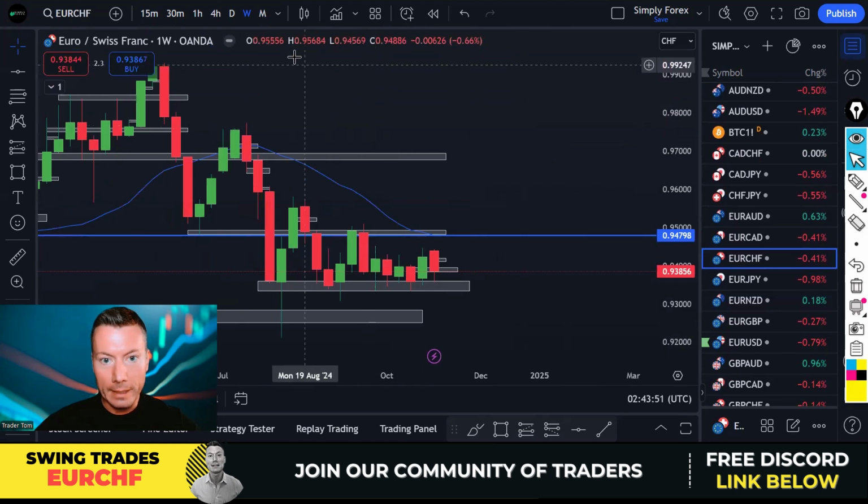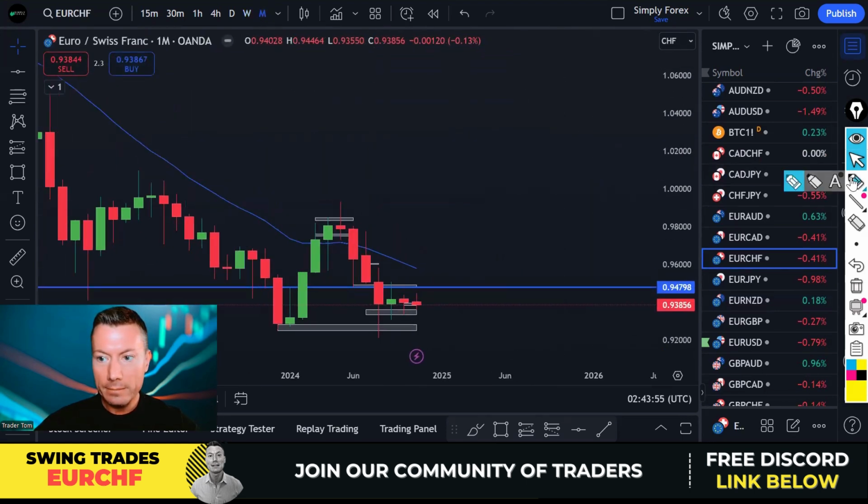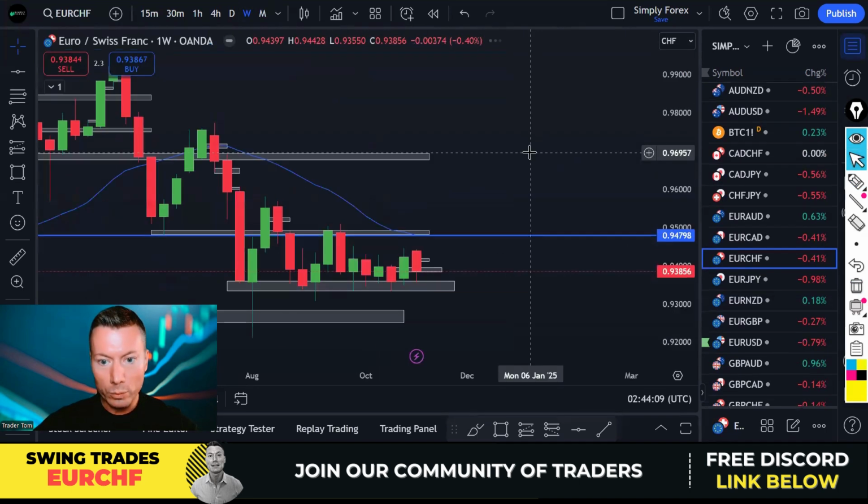Again, let's start with the monthly chart here. We've had this lovely double bottom pattern. Price has come down, touched it again, and this is holding. Ever since we've hit this level, we've had a big bounce off here. That's the monthly chart. Now, if we drop to the weekly chart,